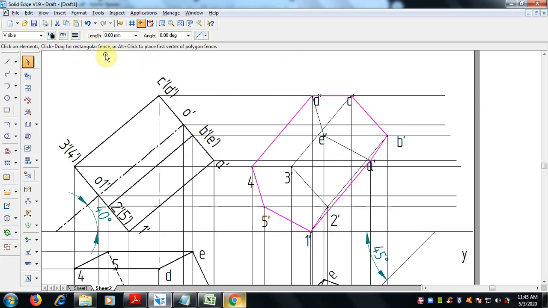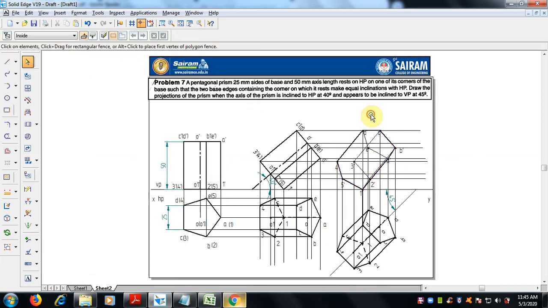First the boundary visible edges, what we have to do is this one. Okay, now this we have to make. Now let me zoom here.